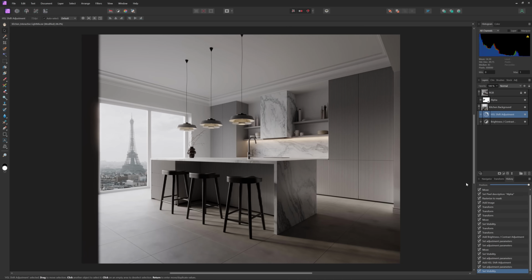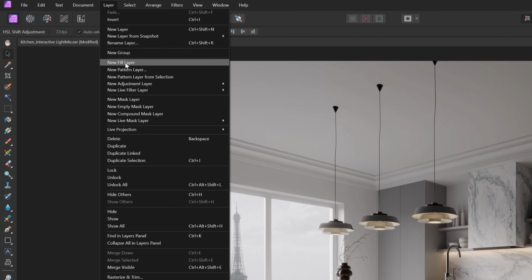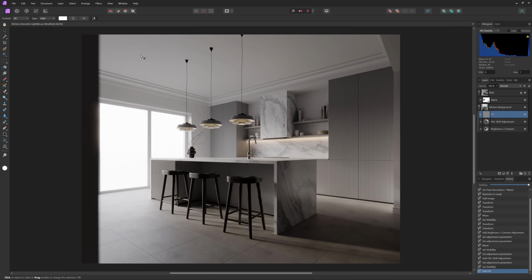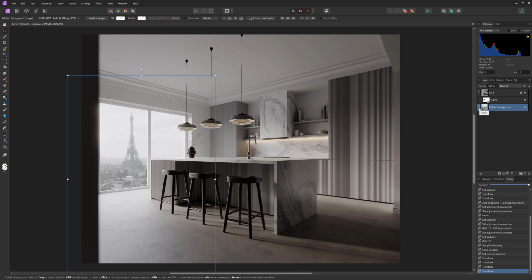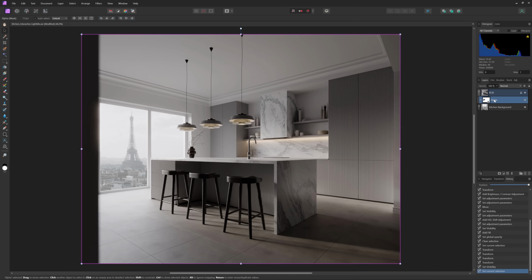I want to add a bit of a haze look. To add a solid color, I need to create a fill layer. We can change the opacity here. So we can add more and more layers and all will be here. I love it. Similarly, we can add the sublayers here.